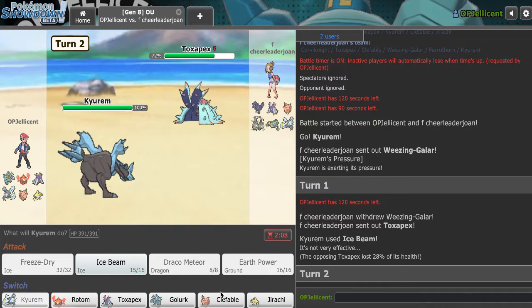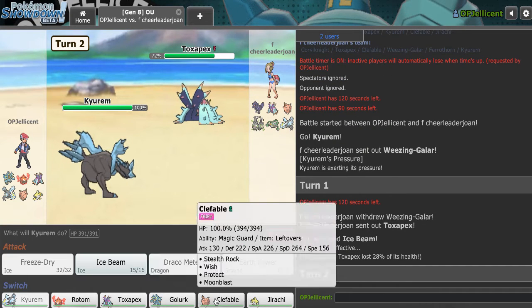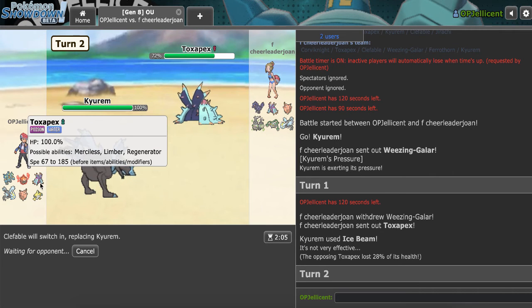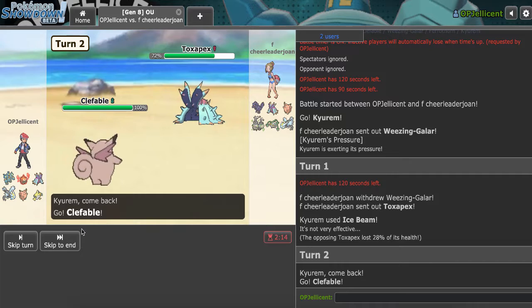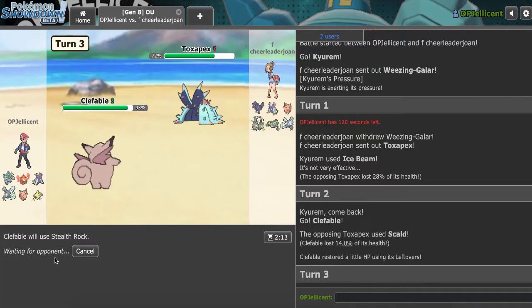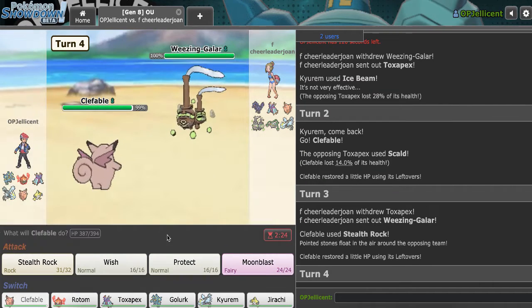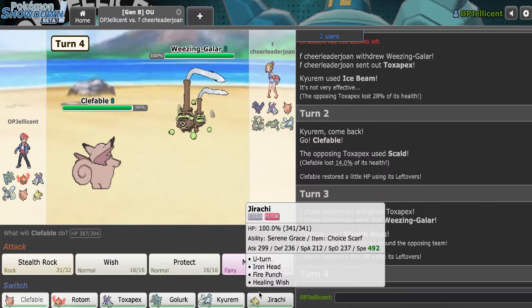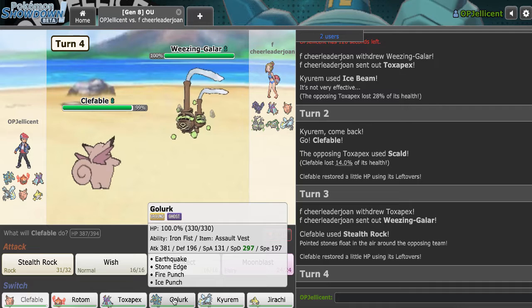Good scout. I think I'll take the turn to get in my Pex. Actually, I'll go Clef first because I don't want to take a Toxic with... Well, not that Pex would get Toxic, but I want to get it in while T-Specs are up. So they go right for Scald. I can get up Rocks here. And then maybe I can just get in Jirachi, but they could Wisp, so we'll actually make the